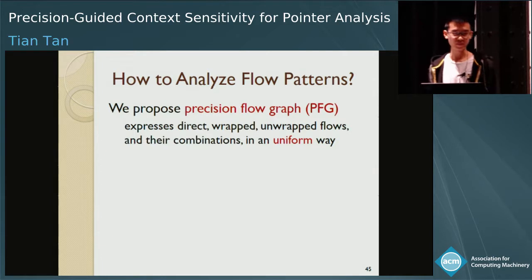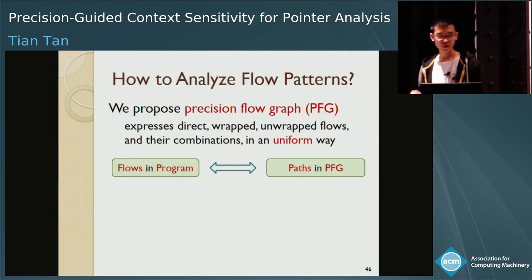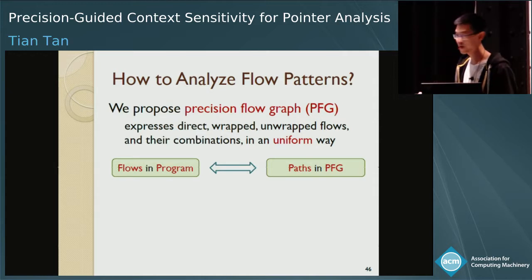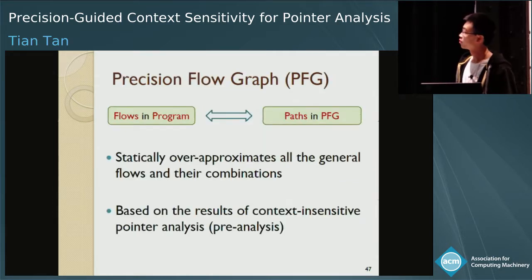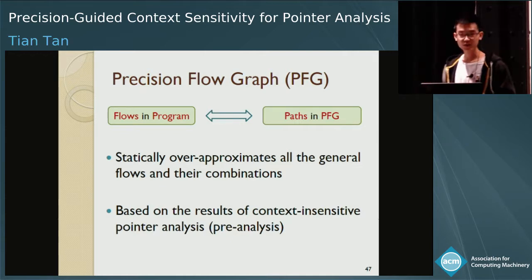And generally speaking, we propose a concept, the precision flow graph, which can express direct, wrapped, and unwrapped flows and their combinations in a uniform way. Concretely, each flow or each combination in the program can be expressed by a path in the PFG. Note that the PFG statically approximates all the occurrences of the general flows and their combinations in the program. And our approximation is achieved based on